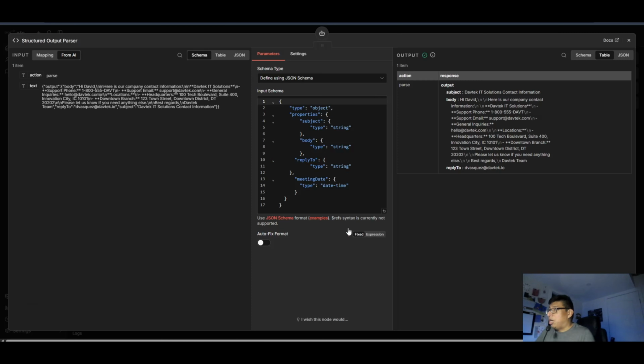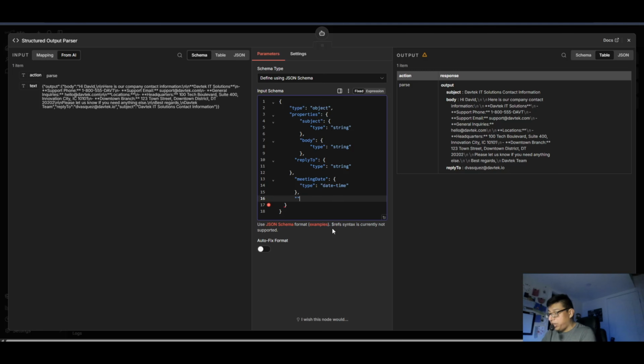All right, structured output. I'll leave this as is right here. But of course, if you want to add anything else, like let's say you want to add the person's name, let's just do that right here.